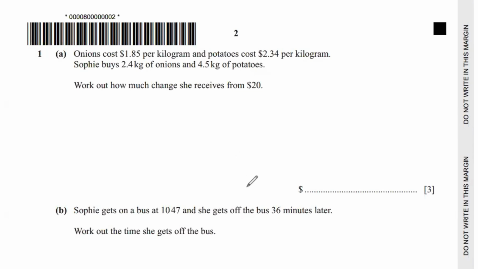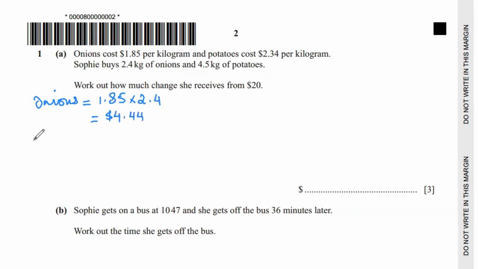And the first question says, onions cost $1.85 per kilogram and potatoes cost $2.34 per kilogram. Sophie buys 2.4 kgs of onions and 4.5 kgs of potatoes. Work out how much change she receives from $20. So for onions, we're going to do 1.85 times 2.4. And that gives you the total cost for 2.4 kgs of onions, which is